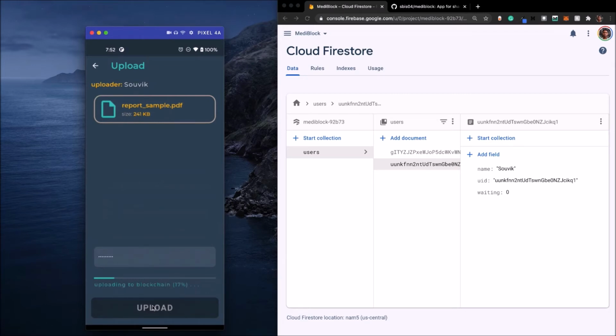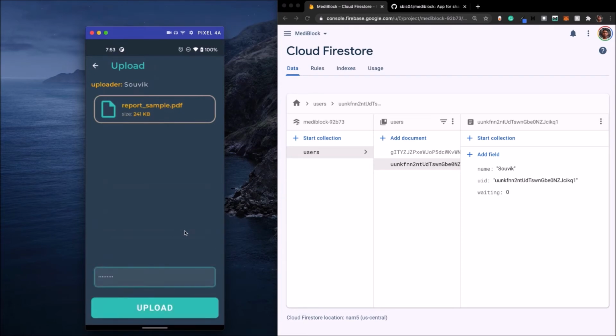Then the file is stored to the Firebase storage, the encrypted file. So this will take a bit of time. So the upload is complete now.